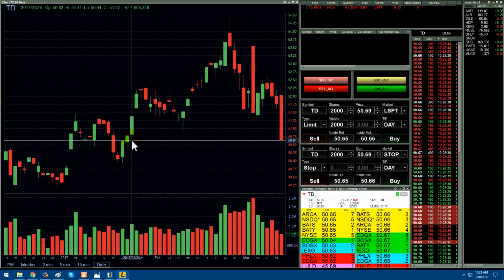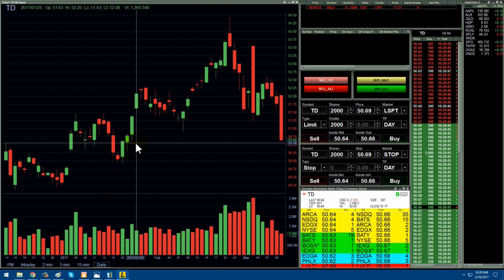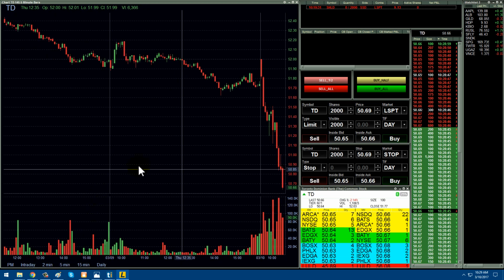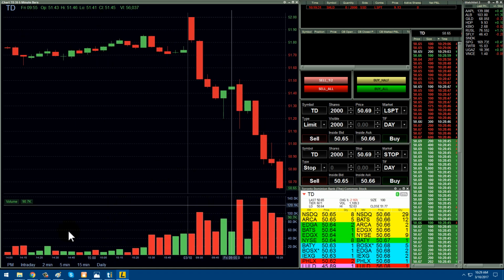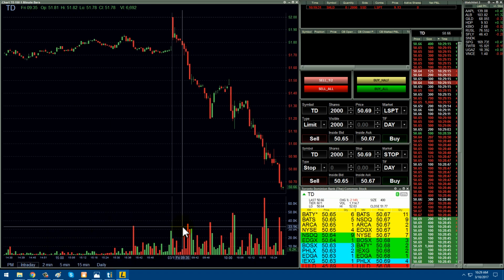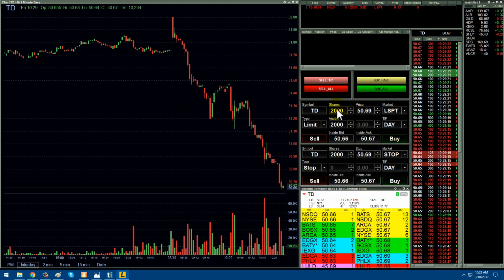I don't see any news on this one. 5064 or 5059. I like the ramp in volume here. There's a lot of volume on this one. A little. 2-cent spread. $50, so